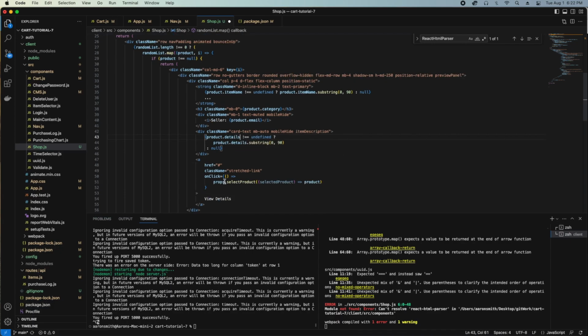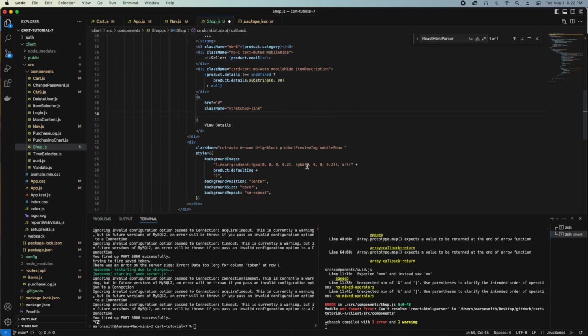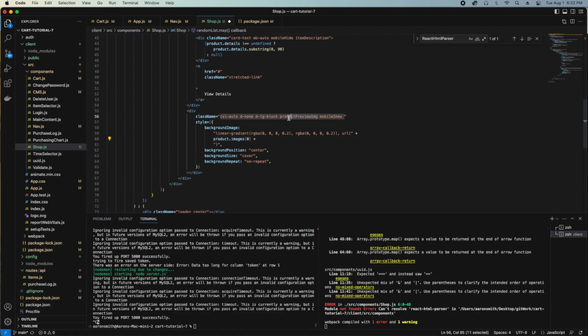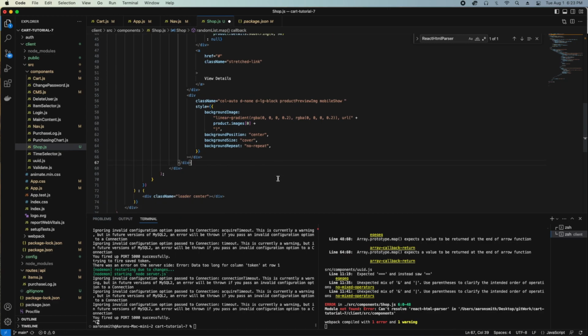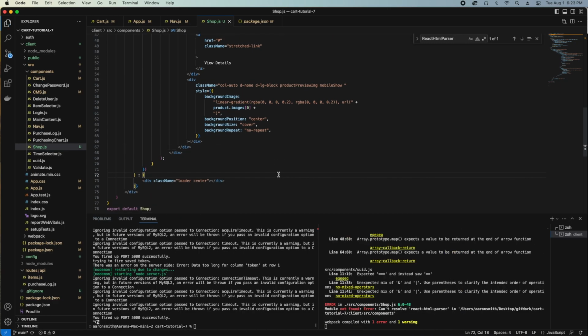There we go. This is going to make it look a lot better. And we don't have a select product button just yet. We will need one to view the details. And here's the images. And we just want to show the first one out of the list, so 0. And as you can see, background position, background size, and background repeat are all CSS attributes that I have to throw in line with the style